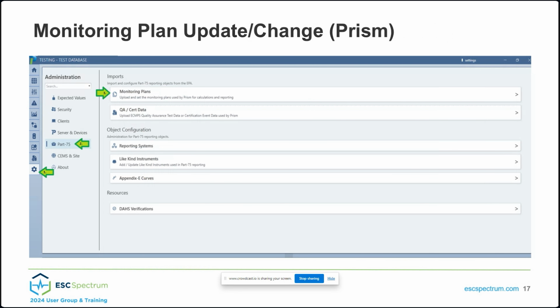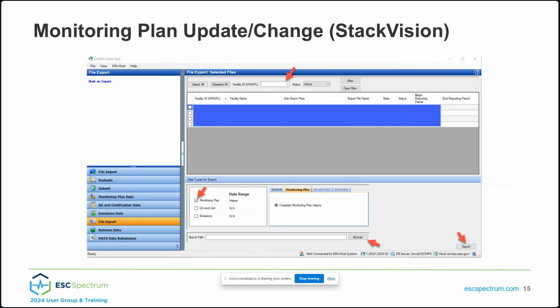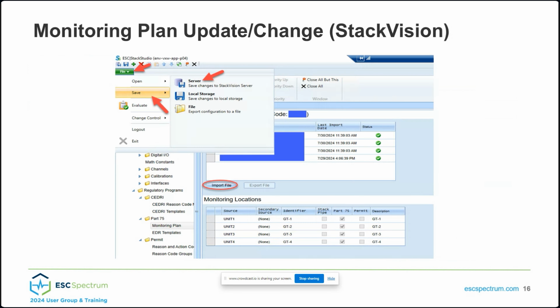And obviously, you're going to have to run your sequences to make sure that the monitoring plan update is reflecting the appropriate changes. So this one with Prism is a little more cumbersome in the fact that you're doing everything in the ECMPS client tool, but it's a lot better because you're just importing one thing. Again, there are pros and cons to both of these, but